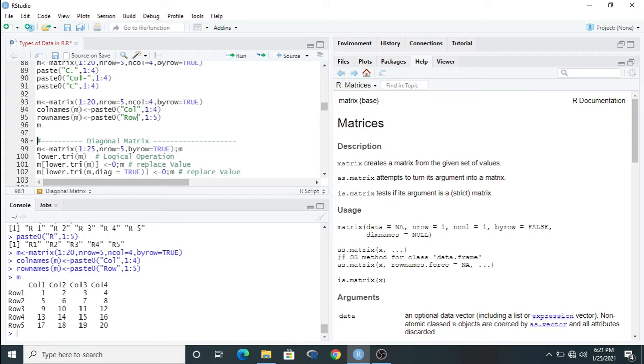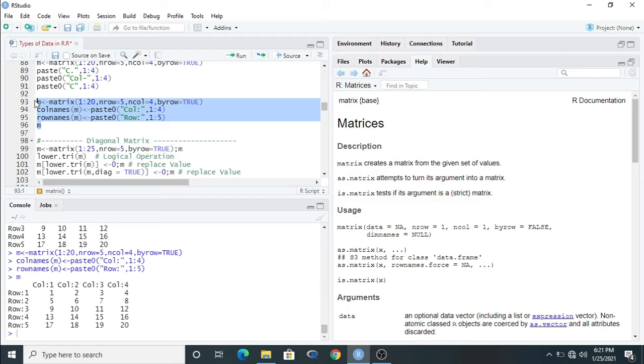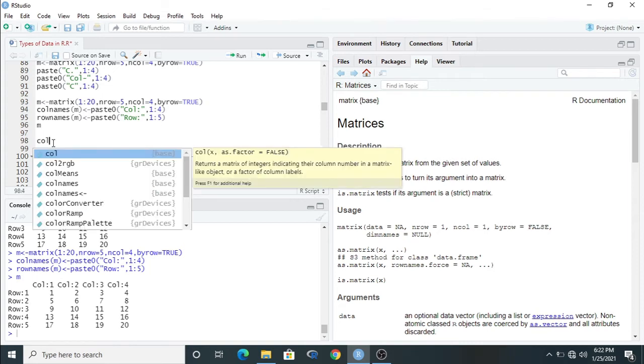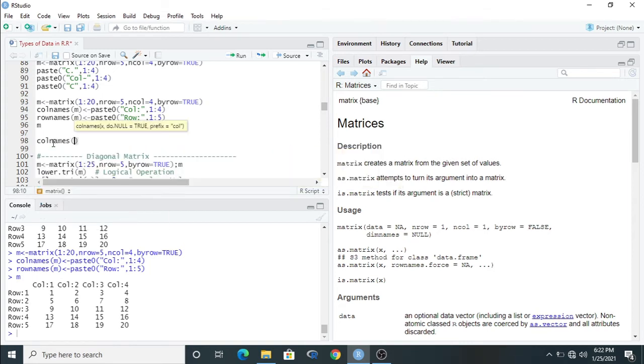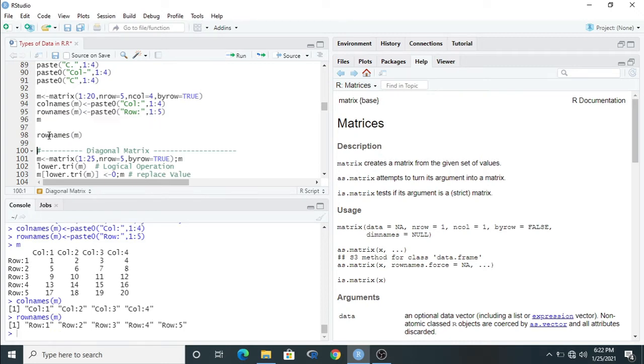If you want to add a semicolon in between the row name and column name, then also it will work, no problem. Clear? Right. So next thing is, if you want to identify the name of the rows and the name of the columns, then we use colnames of m. Just run, this is the column name. In the same way you can also write rownames of m. This is the row name.